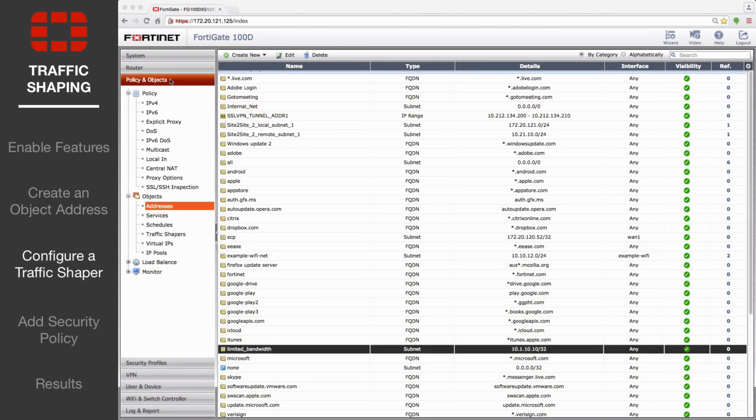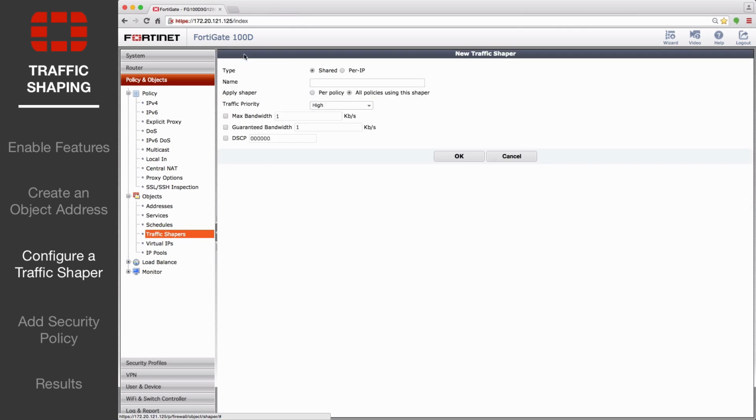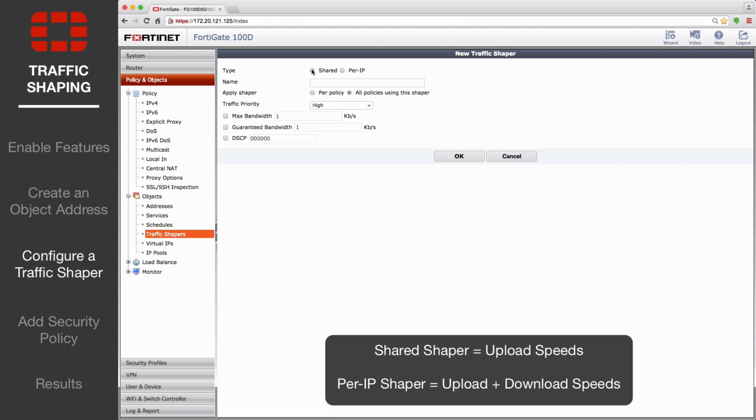Next, go to Policy and Objects, Objects, Traffic Shapers, and create a new traffic shaper. Set Type to Shared. A shared shaper affects upload speeds, whereas per IP shapers affect both upload and download speeds. In this example, you could just as easily use a per IP shaper, but using a shared shaper gives you